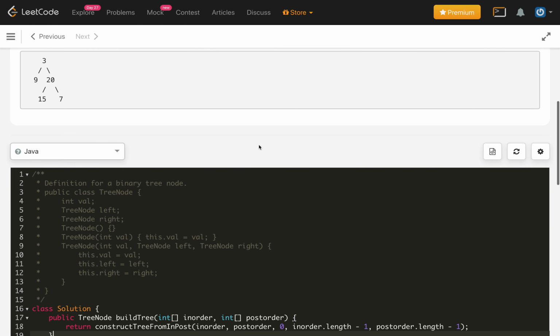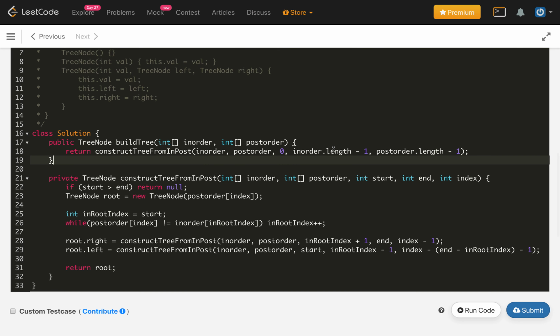So here is the code for the same approach. We call construct tree from in-order and post-order traversal. First, whenever the start crosses the end, we return null. Then we create a root node, which we build from the last post-order value first, and in every case, whatever the index value.